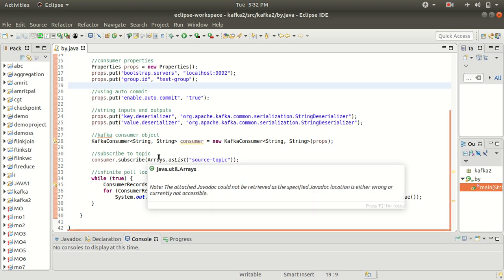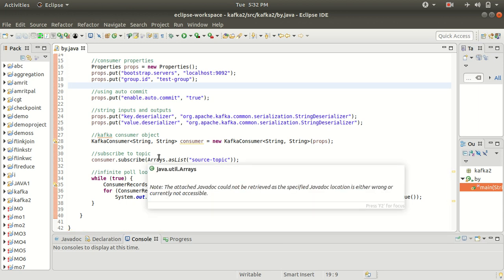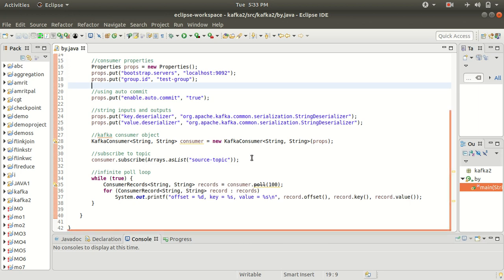Then we are subscribing to the topic. Just recall from the introductory video of Apache Kafka, in which I told you that Apache Kafka is a publish subscribe system. The producers keep on publishing the data, the events or the messages, and the consumer will be getting the data, or consuming the data, through the subscription. This consumer may have subscribed to one or more topics. So what the topic name is, source topic, right? Then we have the polling available. So these are some of the steps available.